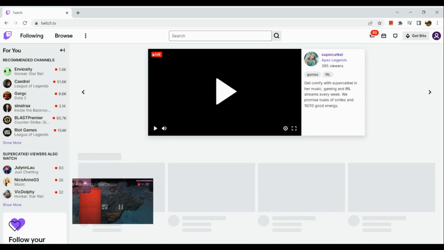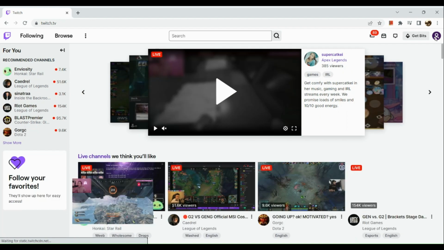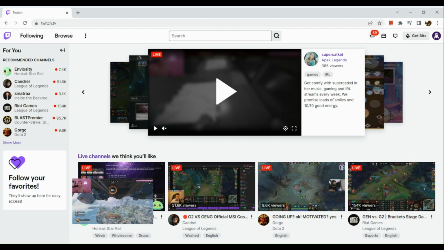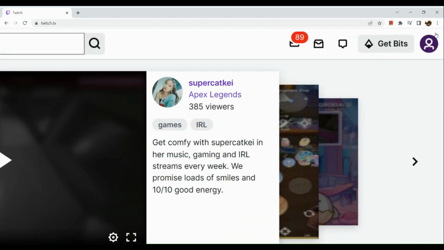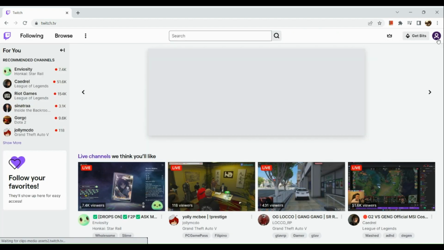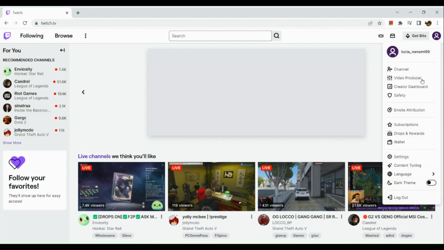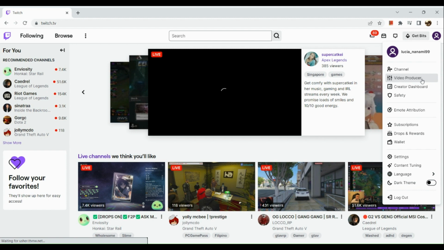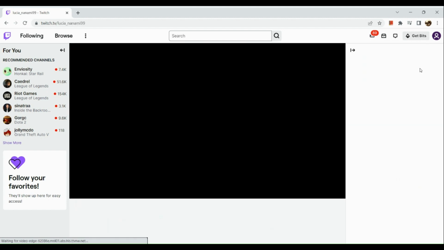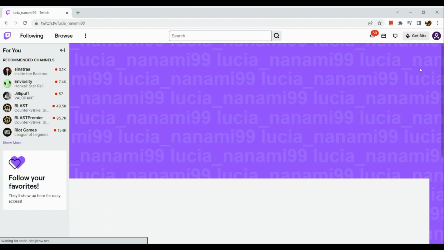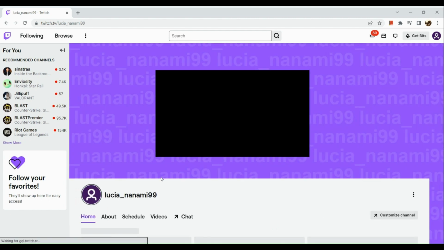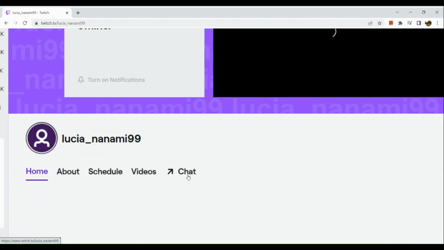Now let's get right into it. So first, simply log into your Twitch account on your web browser, and then afterwards, go to the upper right-hand corner of your Twitch dashboard. Click on the profile icon, and here in your profile icon, go to Video Producer, or channel rather. So here in your channel, you are just going to go to your chat section. So here, click on chat,